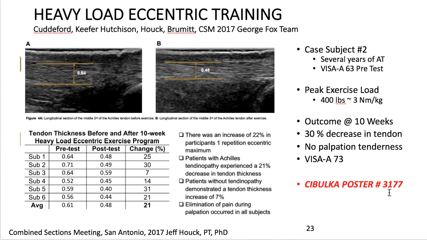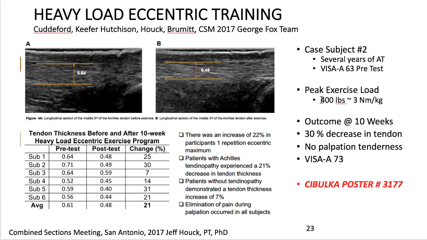meaning he reached the same level as people would be expected to use during running. So the argument for this is we have people raise up on 2 legs and lower on 1, and what we're looking for is that they can't really concentrically get up onto the 1 leg without using the assistance of the other leg. And so by doing this, we're tapping into the increased force production that they're capable of producing with an eccentric contraction,